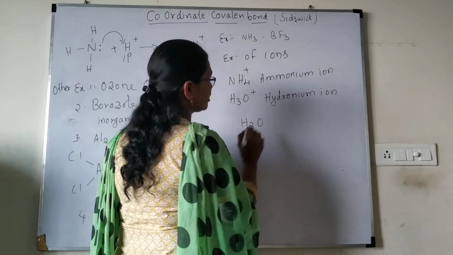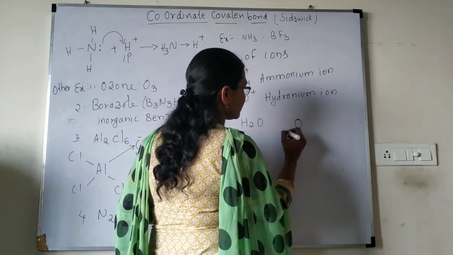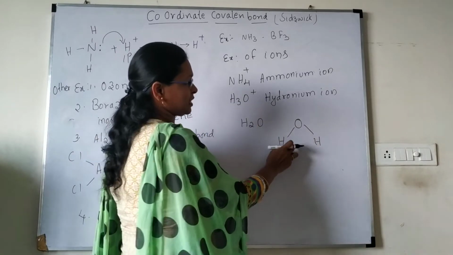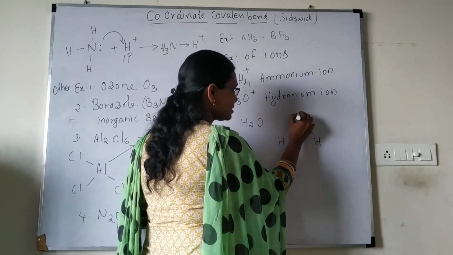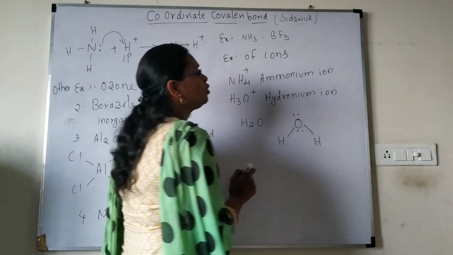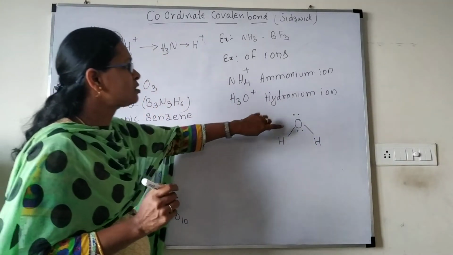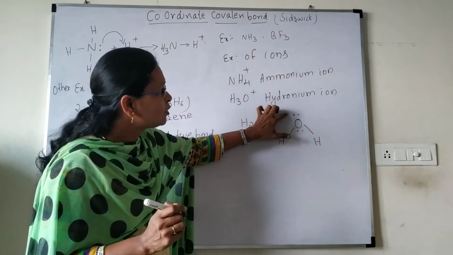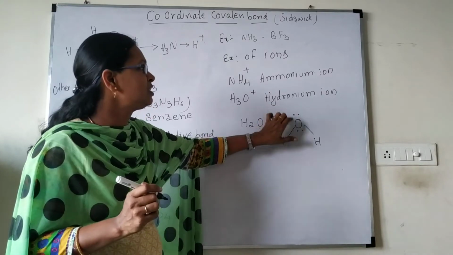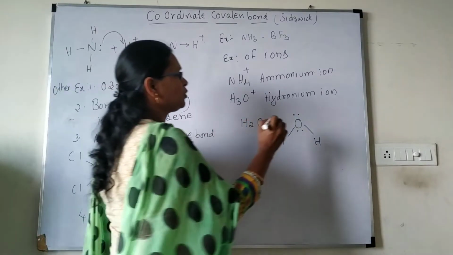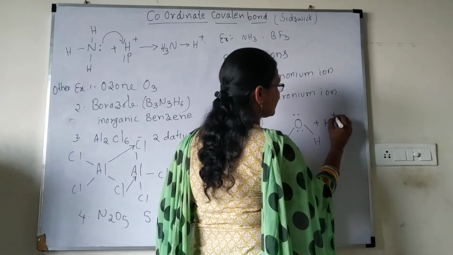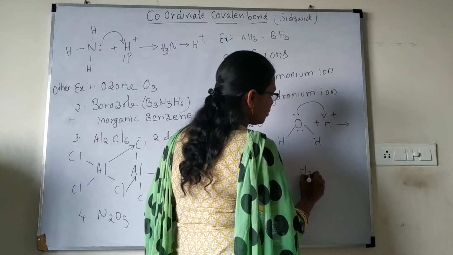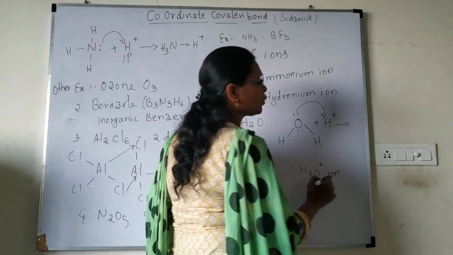See, when you are considering the water molecule, the central atom is oxygen and one hydrogen will be here, one hydrogen will be here. Water molecule, V-shaped structure. So here oxygen has valency 2 and two lone pairs will be there on the oxygen, right? So it is forming 2 bonds already, but still 2 lone pairs of electrons are there. So one of these lone pairs is involved in the formation with H plus. This is going and combining with H plus to form the H3O plus ion. This is called hydronium ion.